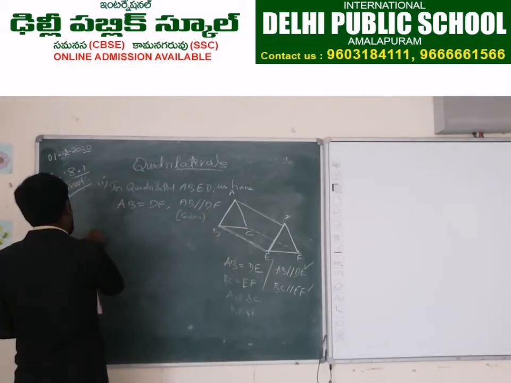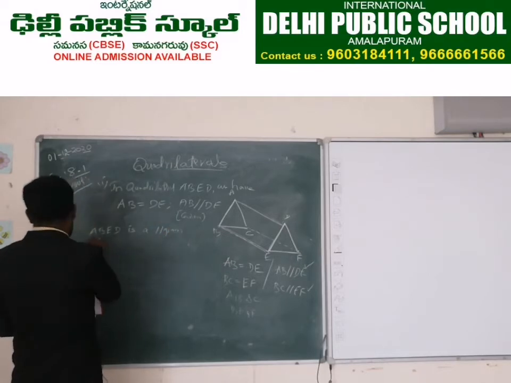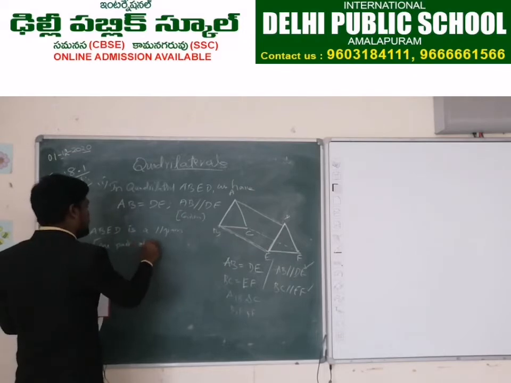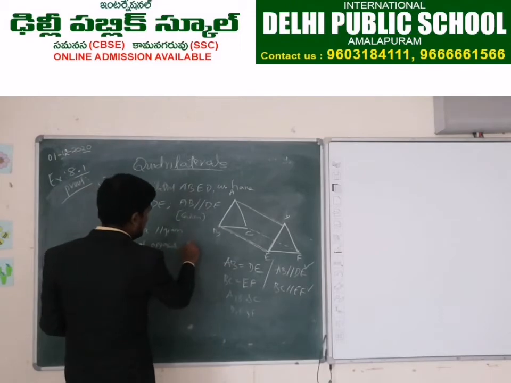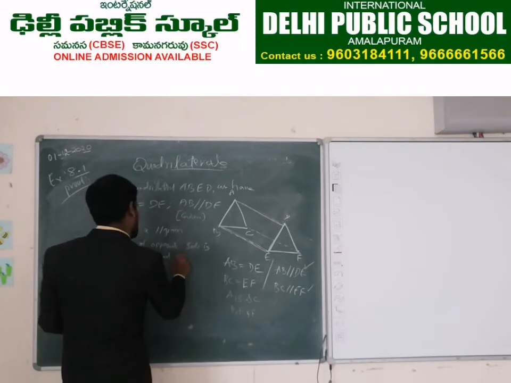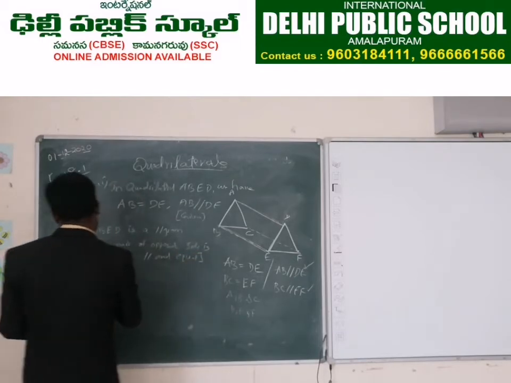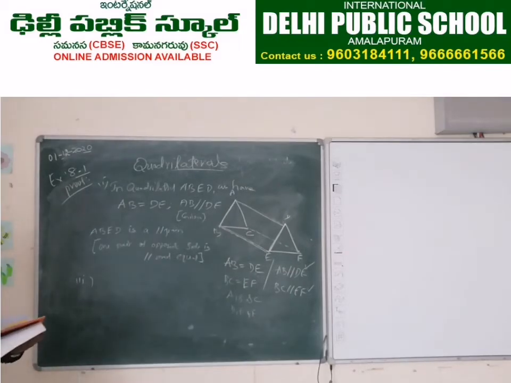So therefore ABED is a parallelogram. Here you can write one pair of opposite sides is parallel and equal. So what is the second condition there? Yes, second one also same like this only. What do we have to prove there?